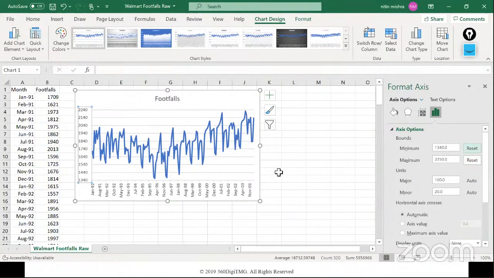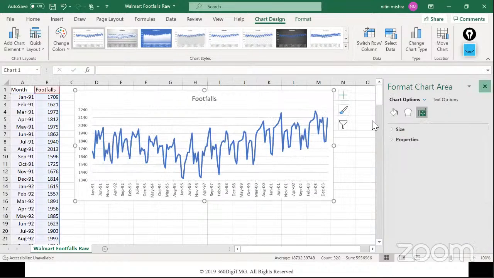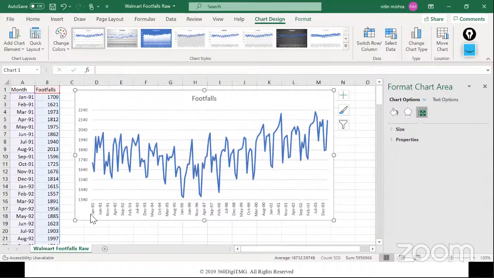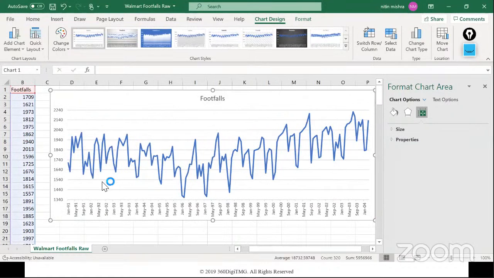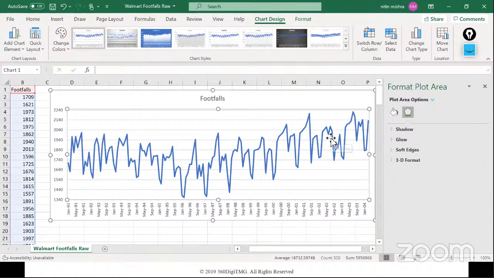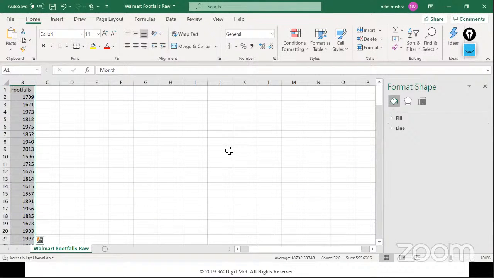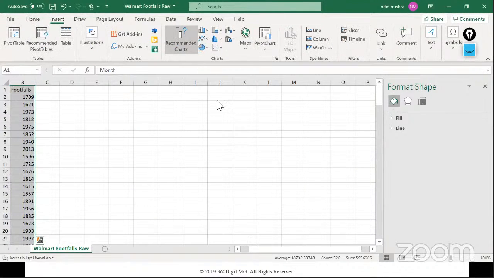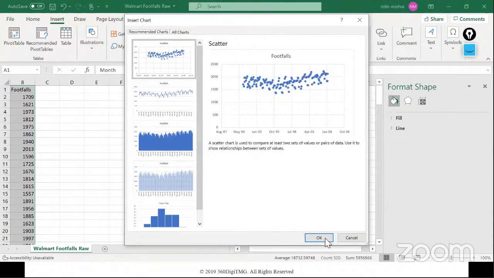All right, this is what we have. Now, if you notice at the bottom, you have this visualization. My bad, I should have done that. Now this visualization, if I do it like this,